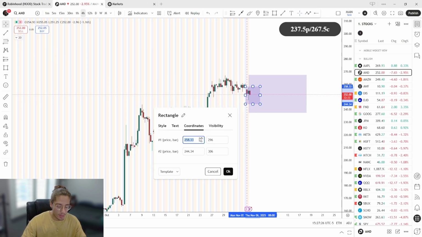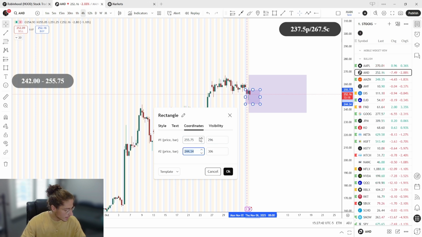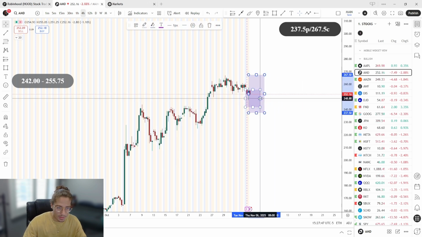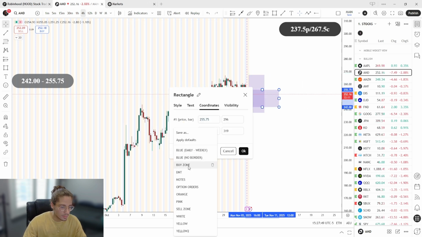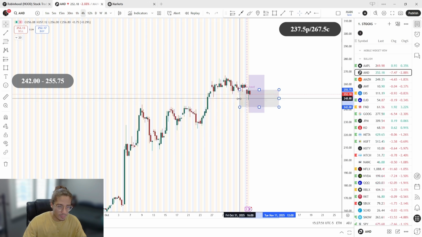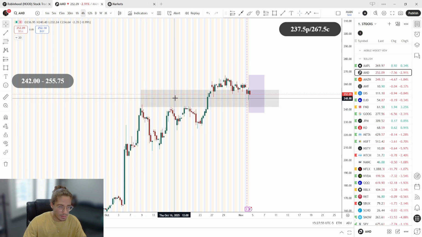I sort of have double levels here, so you can look for safe or early entries. Now, safe doesn't mean it's going to guarantee a win. It's just a lot more conservative than the earlier entries. We're going to have the top level on the untradeable at 255.75 and the bottom at 242 flat. I actually want to go like this, expand this. There we go. I'm going to expand that so you guys can see the levels that I'm marking up here